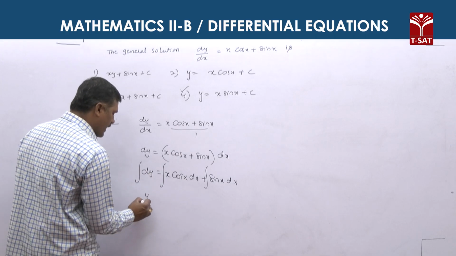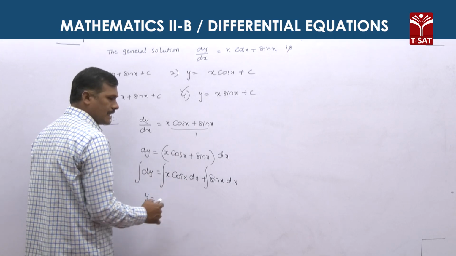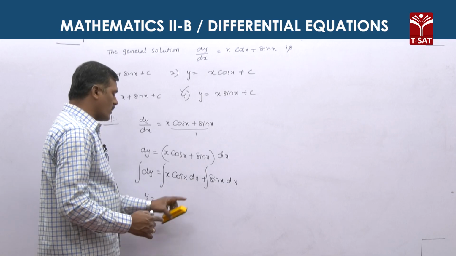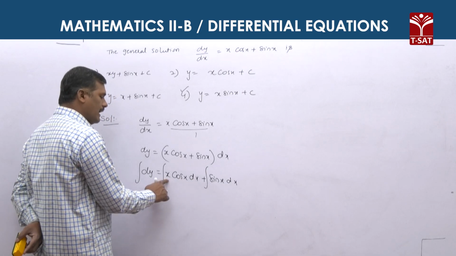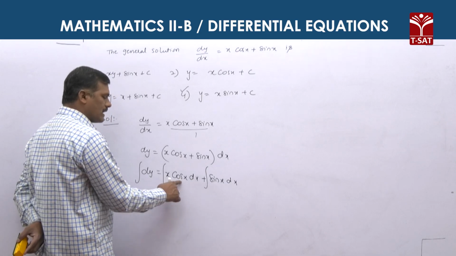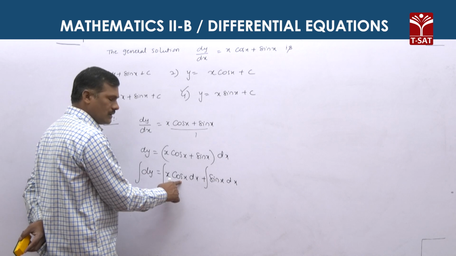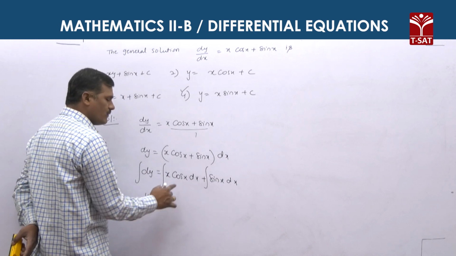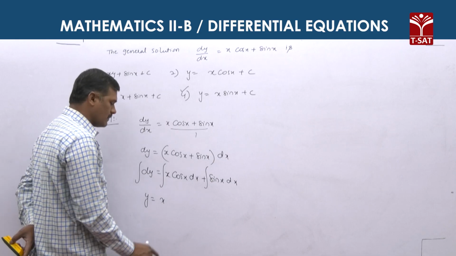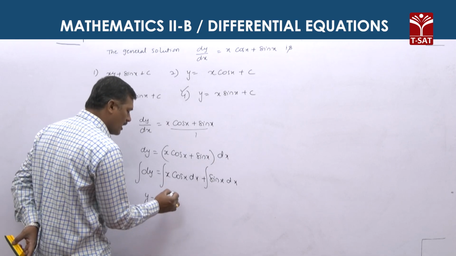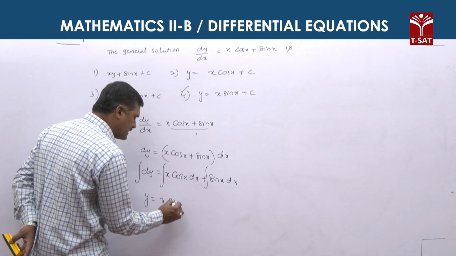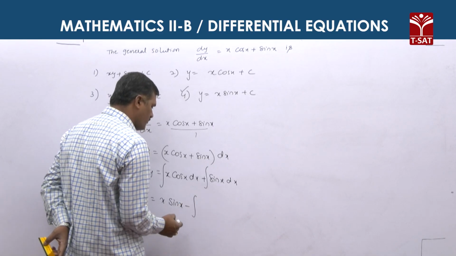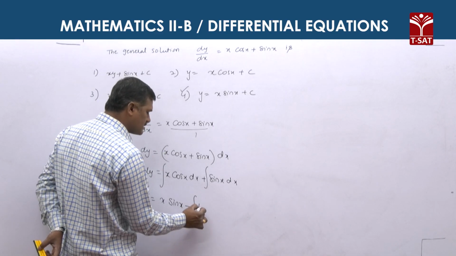Integral dy is y is equal to integral of x cos x. Again applying integration by parts here. ILATE: A is algebraic, T is trigonometric functions. First function is x. Second function is the trigonometric function cos x. First function into integral of cos x, which is sin x, minus integral of derivative of first function x,